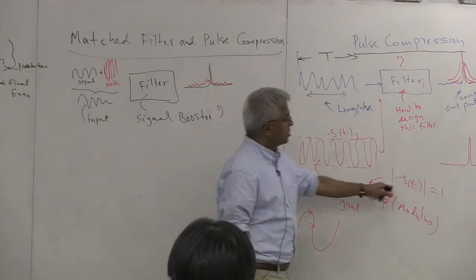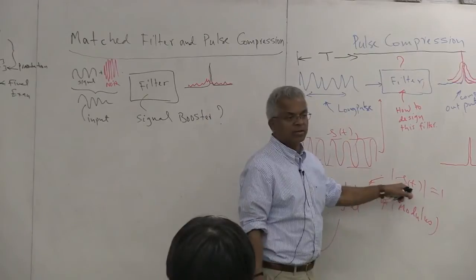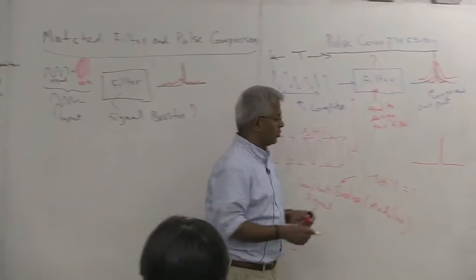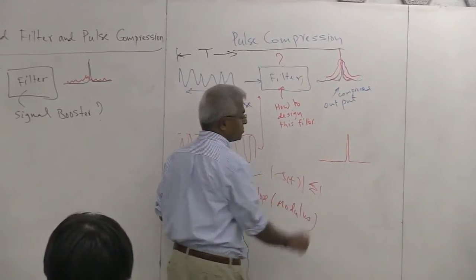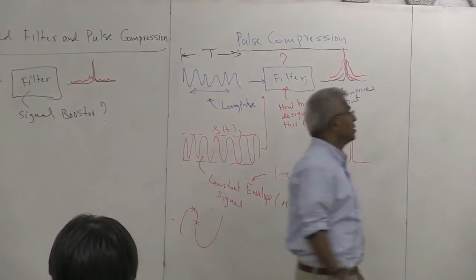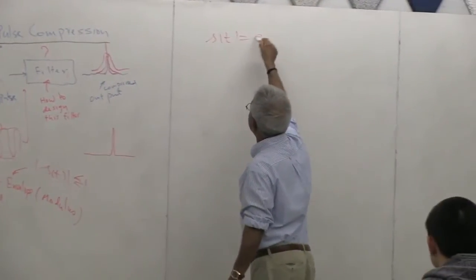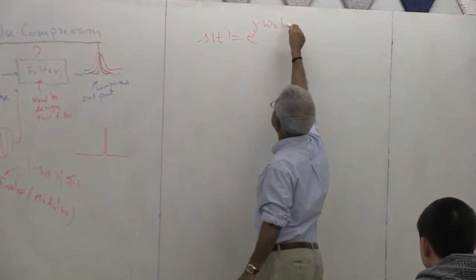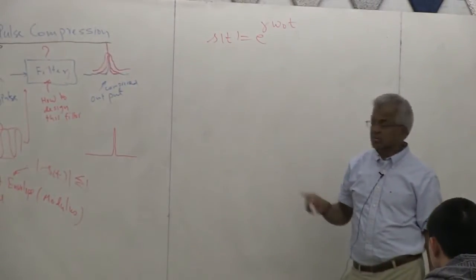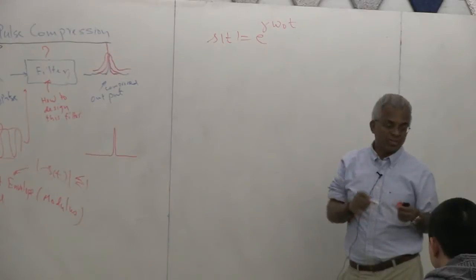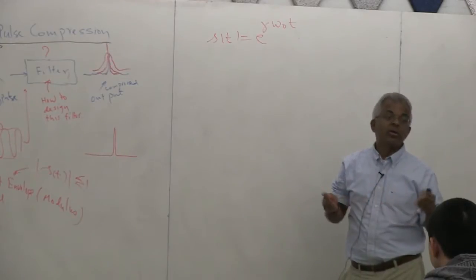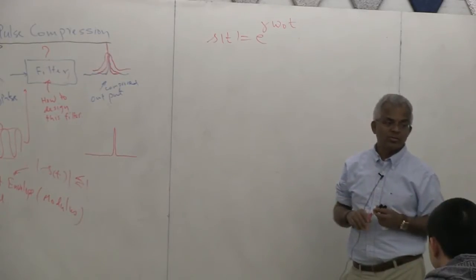This property is not satisfied for sine, right? Sine is bounded by 1. For sine, this is true, right? But you are very close. S of t equal to e raised to a complex sinusoid is, of course, constant envelope. Sine also we usually say is constant envelope, or at least it is bounded, right? Sinusoid or